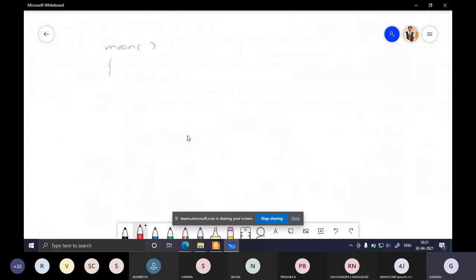Let's say inside your main, you have instruction 1, then instruction 2, then instruction 3, then instruction 4, like that. You will have n number of instructions, and the last instruction is instruction n. Then you end the main program. So this is your main program.